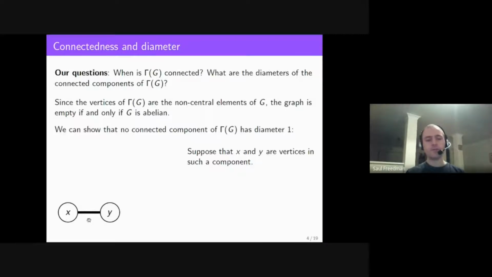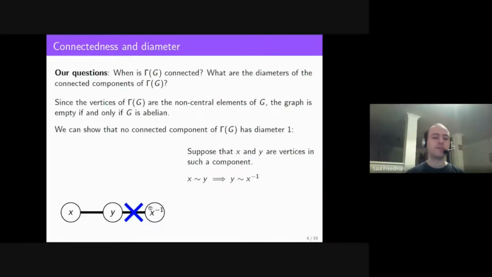Now, let's assume, first of all, that x has order at least 3, so that x is not equal to x inverse. Then because y is joined to x in the graph, it's easy to show that y must also be joined to x inverse. However, x and x inverse commute, so they can't be joined in the non-commuting, non-generating graph. And so actually, this second edge can't exist. In this connected component, any two vertices must be joined directly, but x and x inverse can't be joined, so this edge doesn't exist. And so x inverse must actually be equal to x, and so x must have order 2. In fact, this is true for every vertex in this component by the same argument.